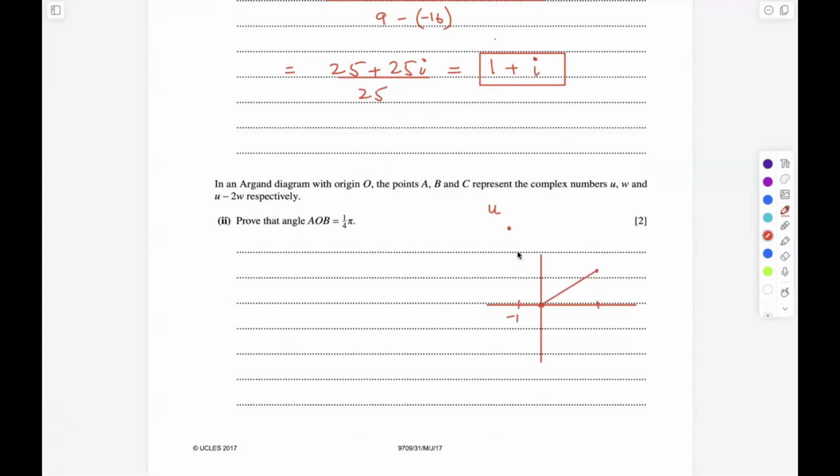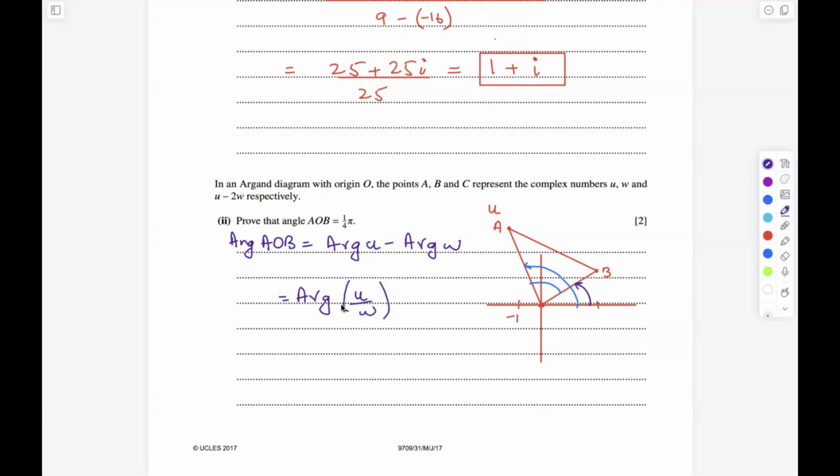As the question talks about angle AOB, u is A and w is B. So let's say this is point A, and this is point B. We have to show that this angle is pi/4. To find this angle, we find the argument of the complex number u and subtract from it the argument of the complex number w. So angle AOB equals arg u minus arg w, which can be written as arg(u/w). As we already have u/w in simplified form, 1 + i,